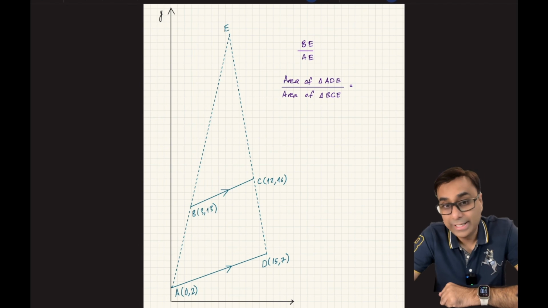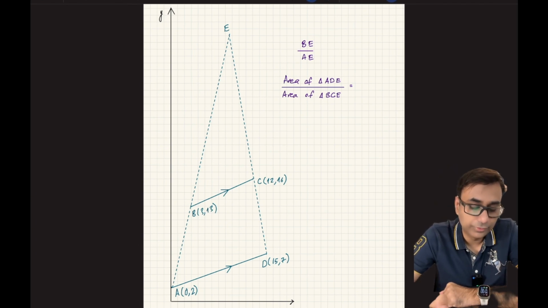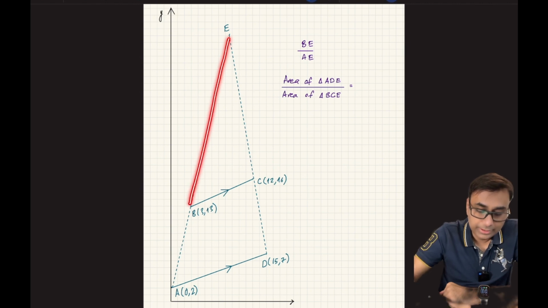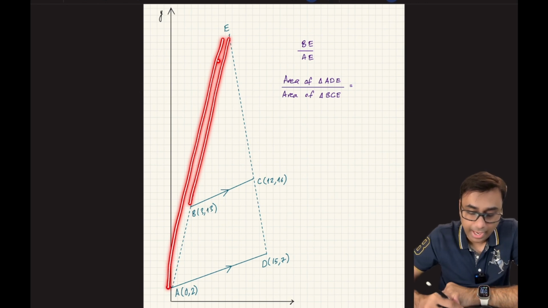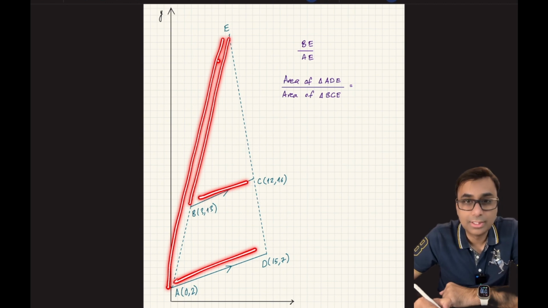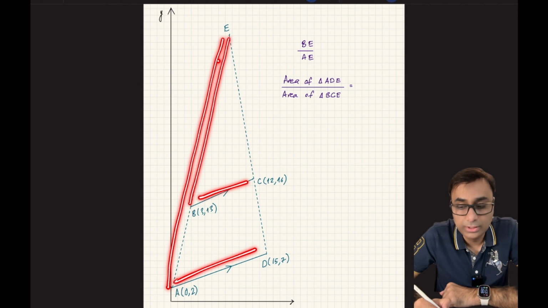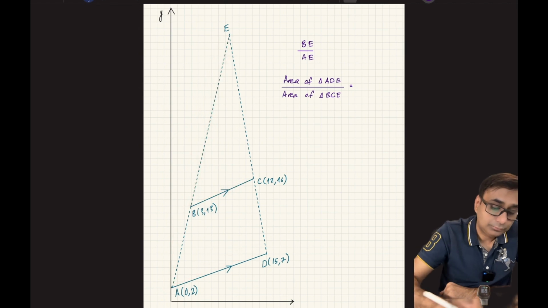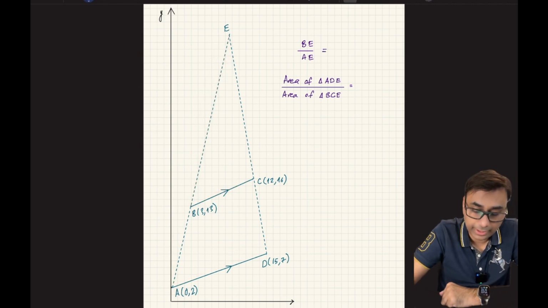And the technique that I'm going to be telling you right now is going to be very helpful to get this ratio directly. So what you can do over here is that if you have to find BE over AE and you have realized that these two are similar triangles, you can say that BE divided by AE is the same as BC divided by AD, because these are similar triangles. For similar triangles, the ratio of the corresponding sides are always equal. And once I've realized that it is equal to that, I can just directly do